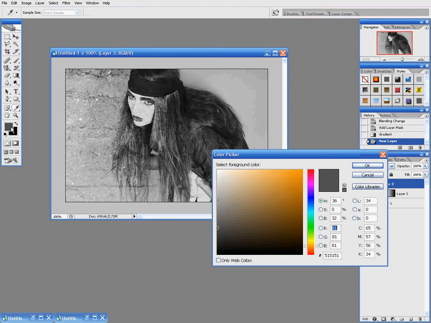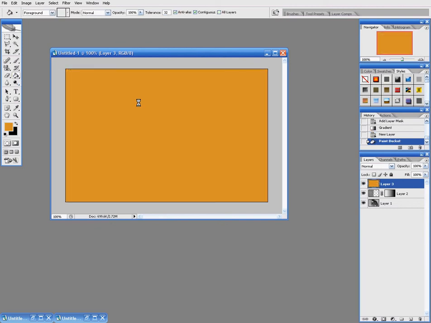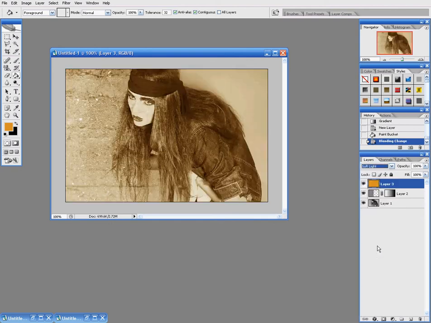Okay, so then after that you want to create a new layer for color. You can use whatever color you want. I'm going to use kind of an orangish brown color, and the code for that is DB942C. And then get your paint bucket tool, and after you've done that you want to set the blend mode to soft light. Okay, then merge the layers,